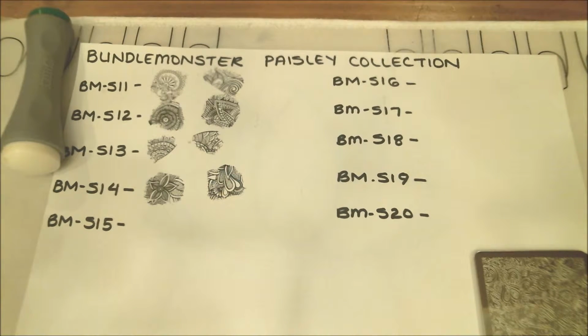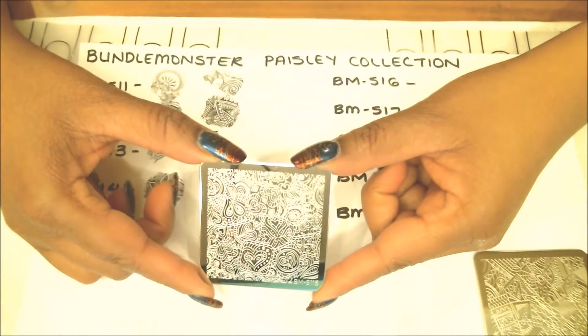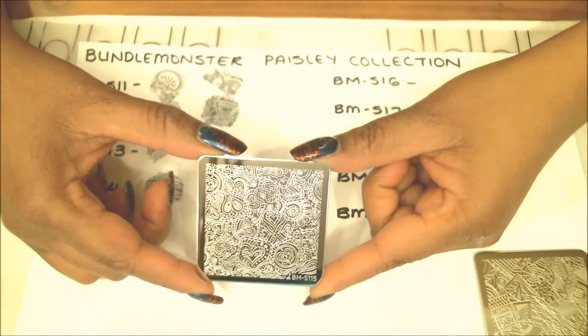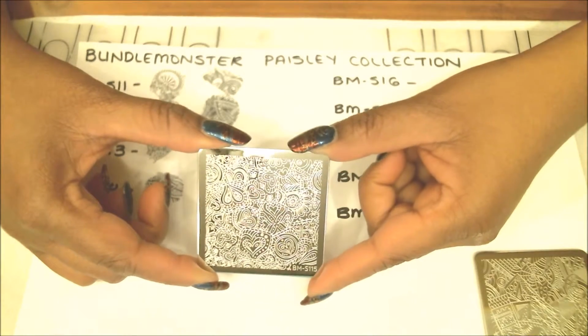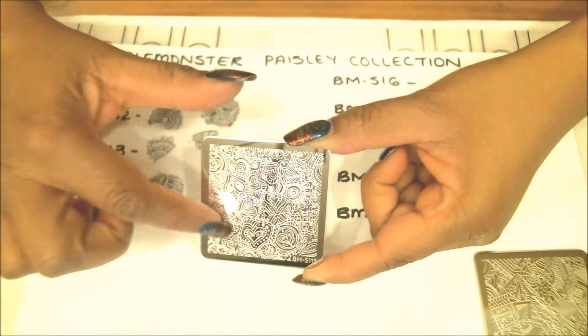So we'll move on to plate number S15. And that's S15, and this one is just filled with love. As you could see, a bunch of hearts in there and a little bit of flowers in between, I see. So let's get some printing done. I'll just take 2 images randomly, maybe around here, see what goes on. Okay,